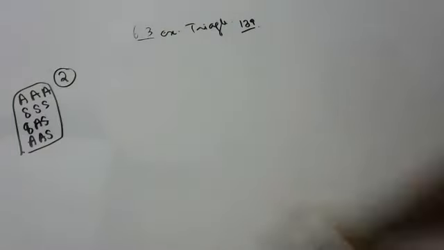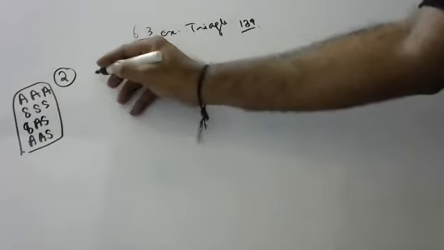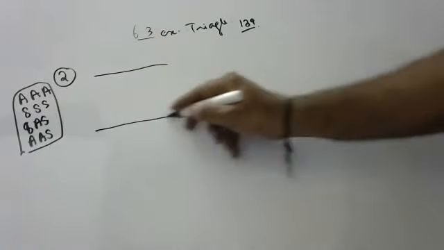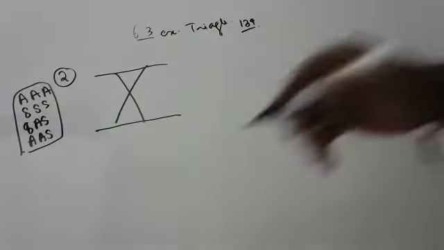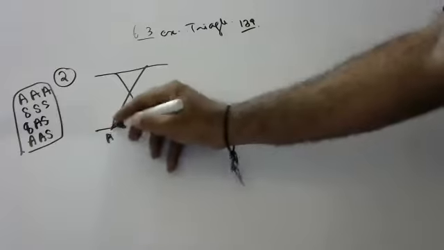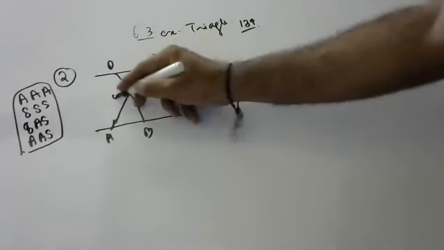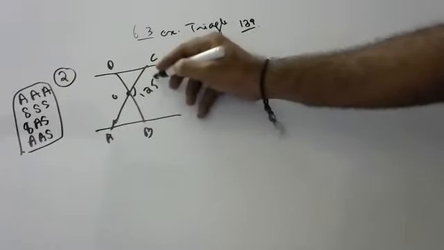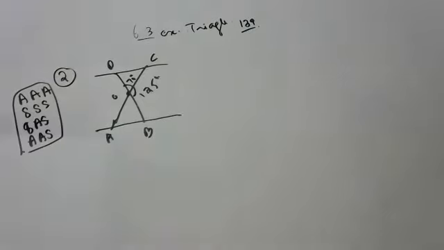Let's start, children. Second sum onwards I'm doing, children. The second sum is given like this. Very easy sum. Please see here all of it. Today we discuss five sums, children. This is A, this is C, this is B, this is D, this is O, this is 125 degrees, and this is 70 degrees. What is the question? Find DOC, DCO, OAB, everything they ask, children.